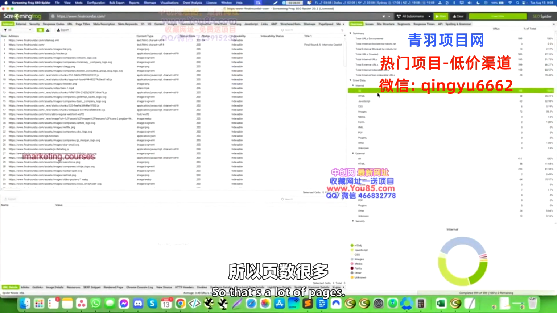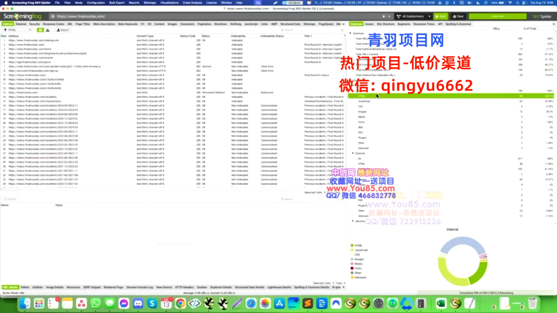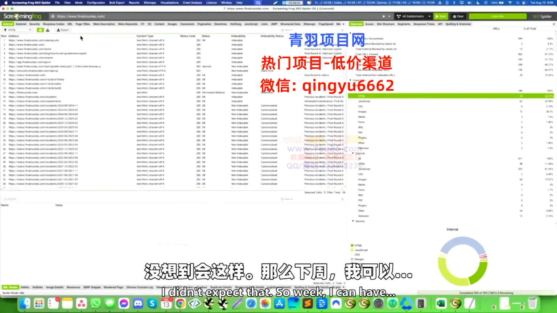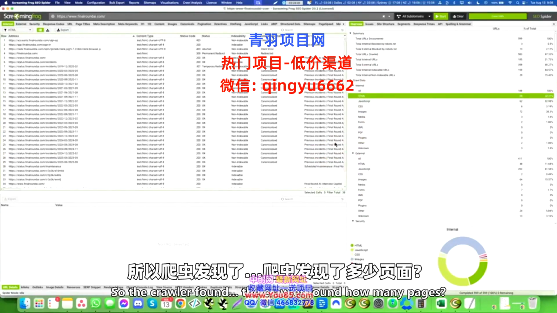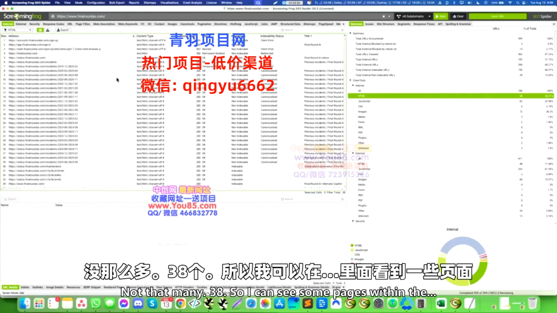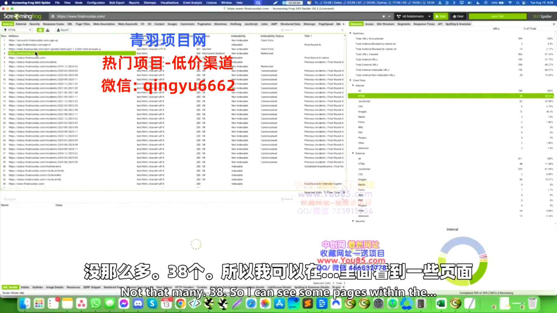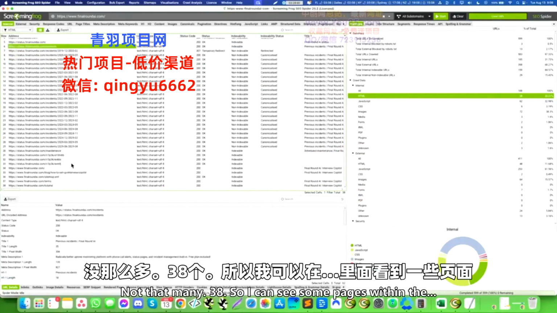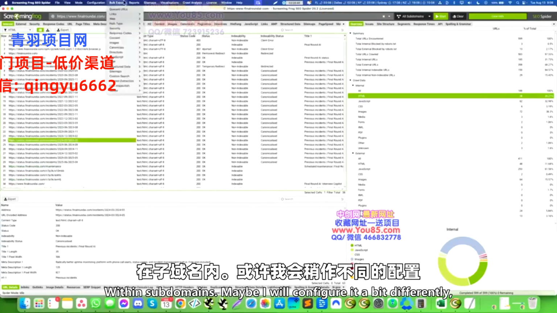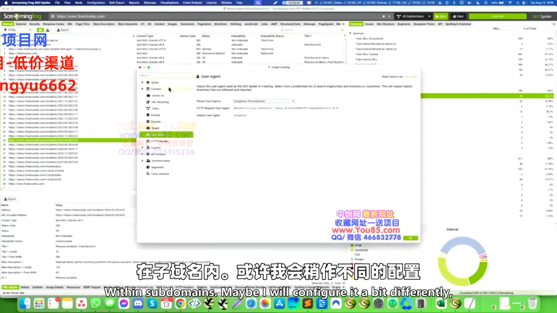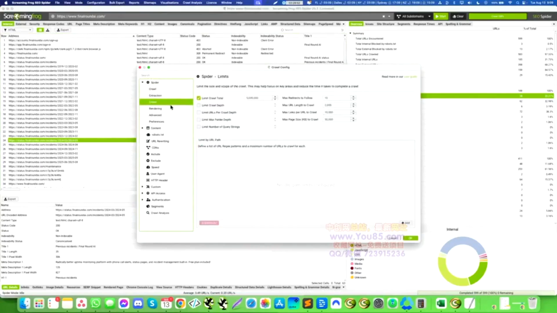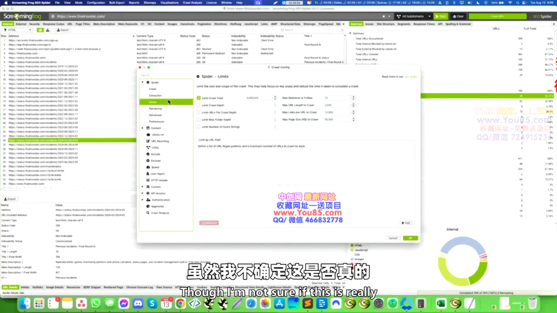So that's a lot of pages. I didn't expect that. So the crawler found how many pages? Not that many. 38. Yeah. So I can see some pages within subdomains. Maybe I will configure it a little bit differently so that maybe it will go even deeper. Though I'm not sure if this is really